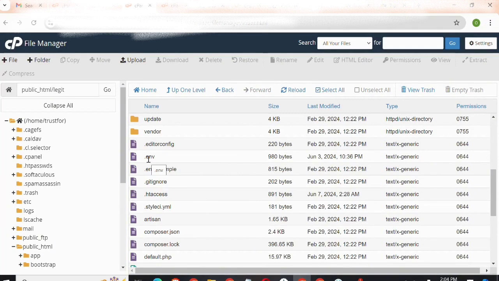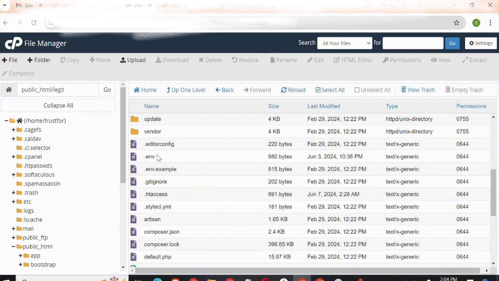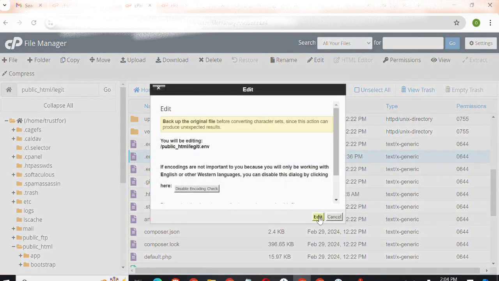Now most times you will come here, you won't see the .env file. Just come to your file manager and go to settings. Now make sure that this particular show hidden files is checked, and you click on save. If you don't do that, you're not going to see the .env file. So just click on edit. I click on edit again,